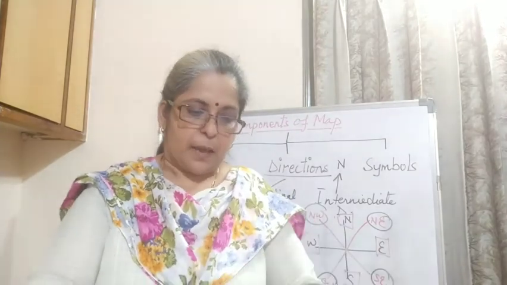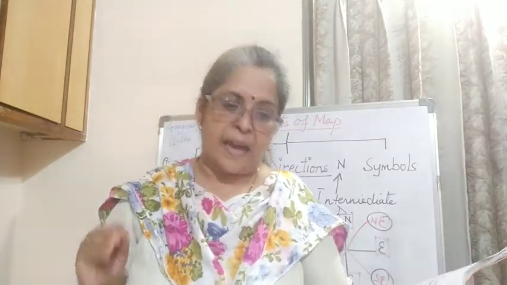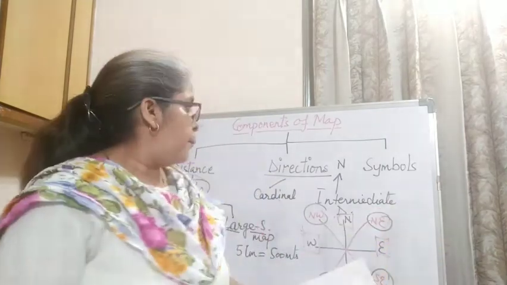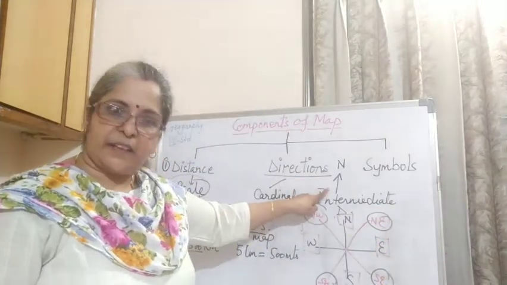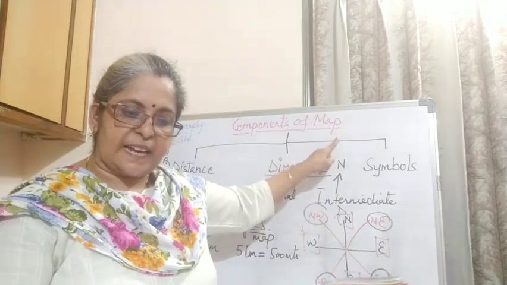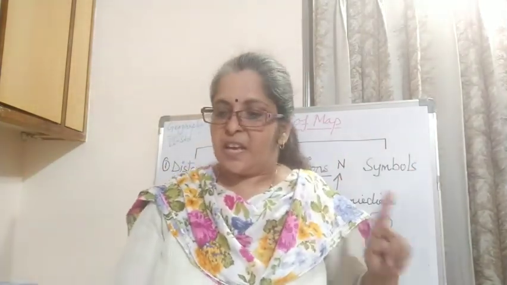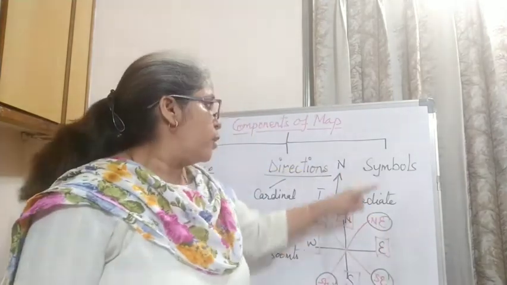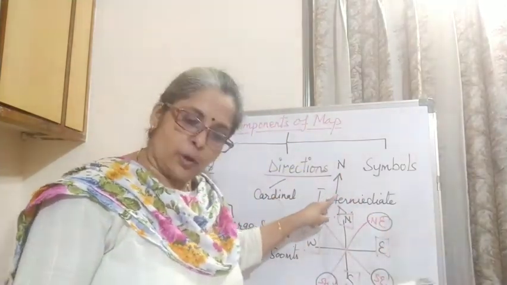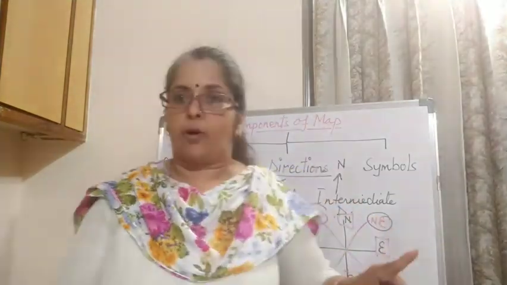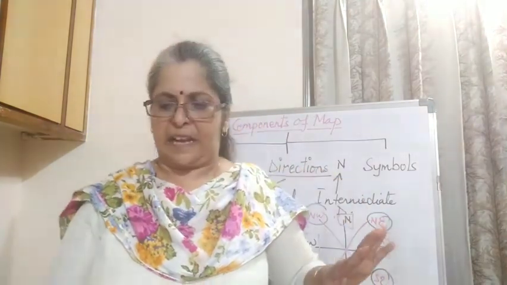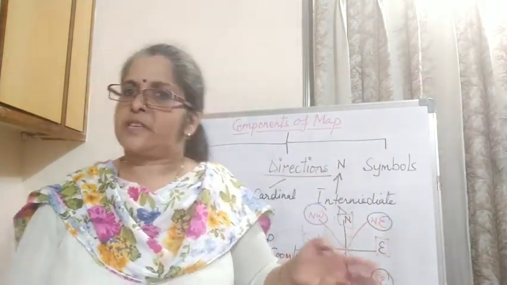Now see here, most maps contain an arrow marked with the letter N. I have shown it like this. See here, like this. Okay, always in the upper right hand corner. This arrow shows the north direction. It is called the north line. What is this line known as? North line. When you know the north, you can find out any other direction, for example, east, west and south.